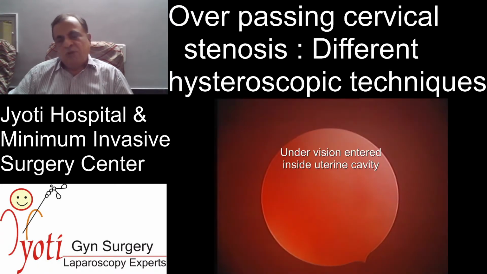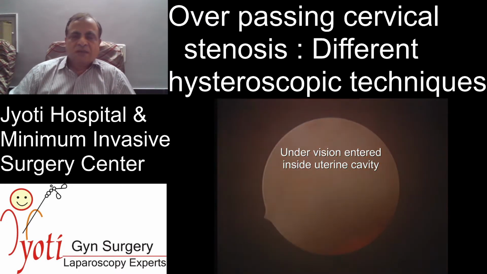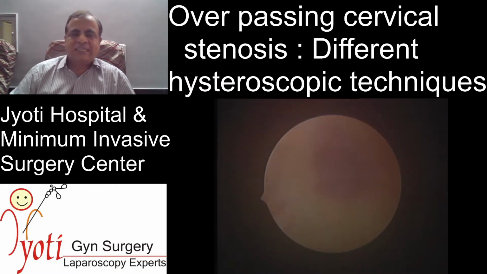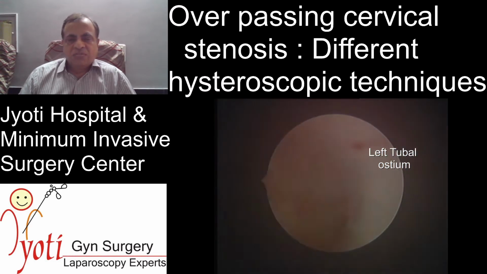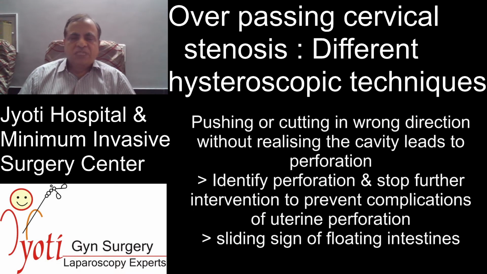So this is where you have to push the smallest 1.9 size hysteroscope with a beveled Bettocchi sheath. You just go gently inside this accordingly, and you can see that under vision you are inside. So once the false passage is formed, this is how you have to use this trick and check all the landmarks in the uterine cavity.